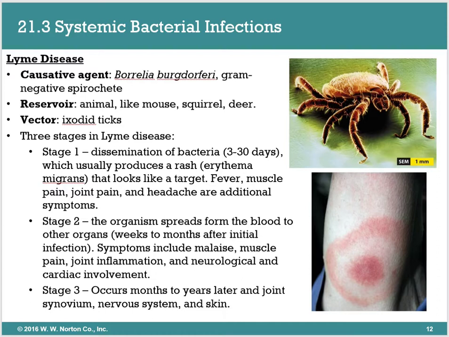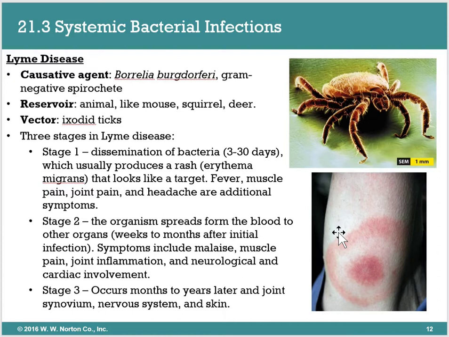It's called a bullseye rash, where you'll have literally a red spot in the center, and then you'll have normal skin color, and then you'll have another red circle around that original red dot. So if you see that on your body after you went camping or something, or if your dog had a tick on it, anything of that nature, and you see this rash on you, definitely seek medical attention so Lyme disease doesn't progress.